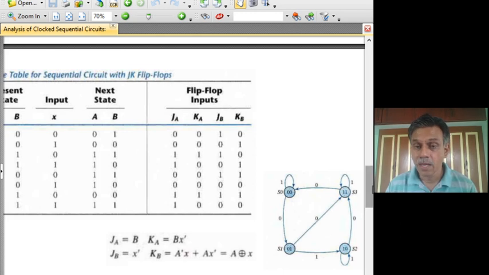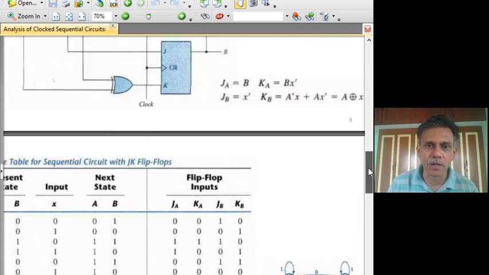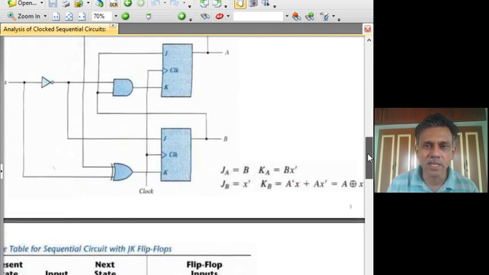Later we will look at the problem of synthesis, wherein we will look at an abstract problem. We will look at how many states in the finite state machine are required to capture the functionality that is mentioned in the problem, and first come up with the state graph. So during synthesis, we first come up with this kind of a state graph. Once we have this, we translate it into a state table. Once we translate to a state table, then we synthesize it. That is, we get a corresponding circuitry which will exhibit that behavior.